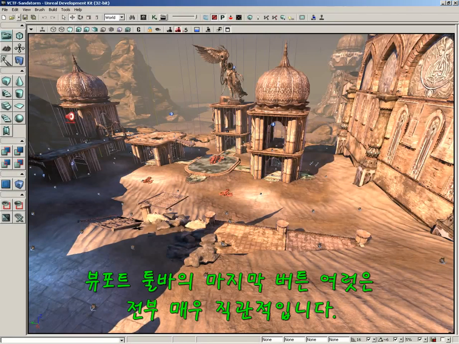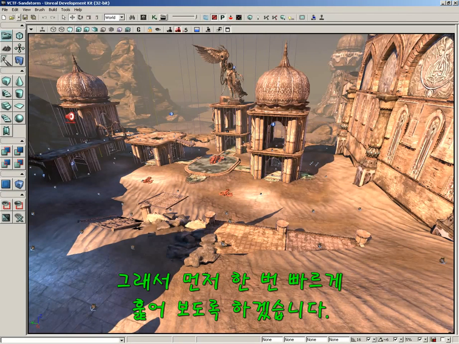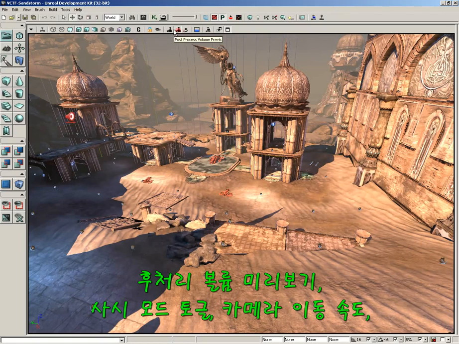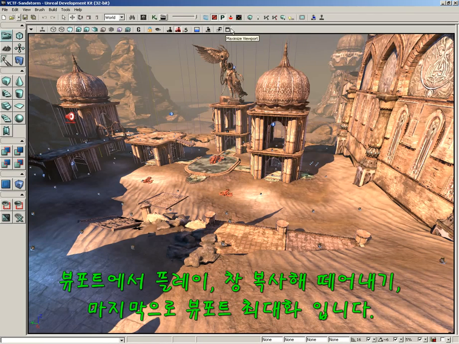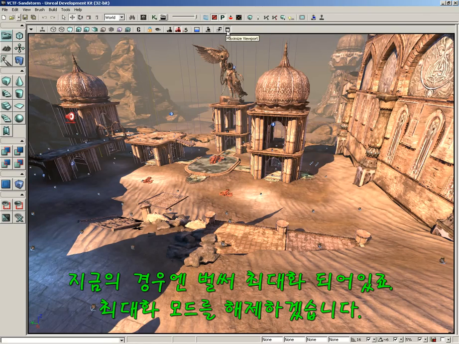The last several buttons in the viewport toolbar are all very straightforward, so I'd like to go through them all just kind of in one real quick go. Now this includes post-process volume previs, toggle squint mode, camera movement speed, play in viewport, tear off floating copy, and finally maximize viewport, which I already have active in this case, so let me go ahead and just switch that